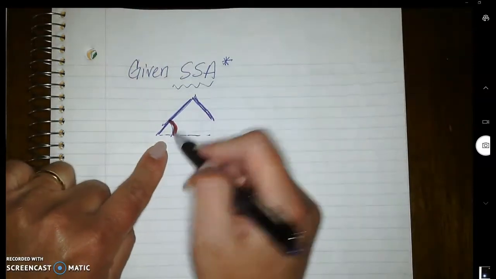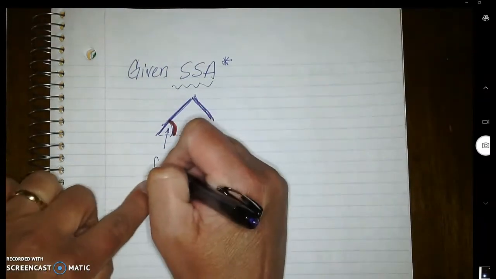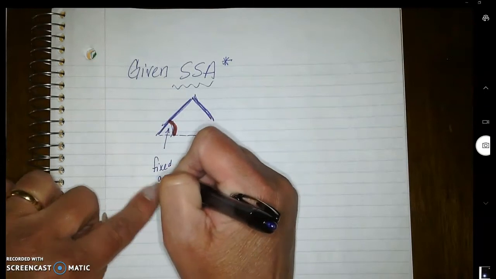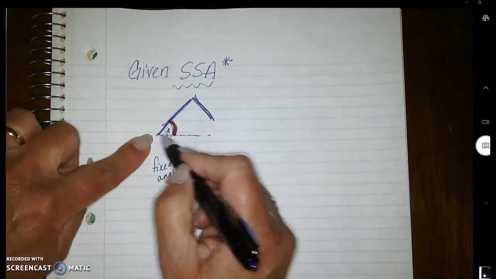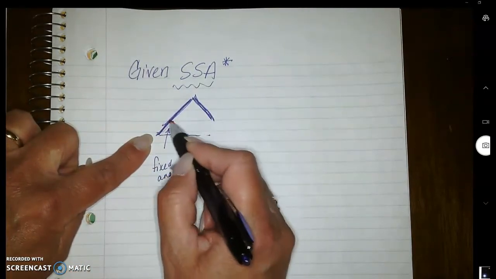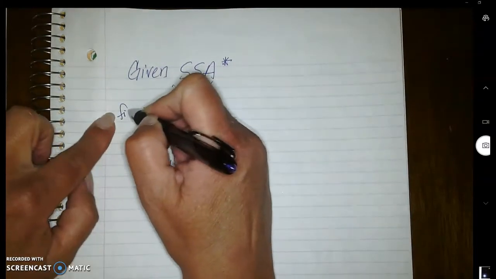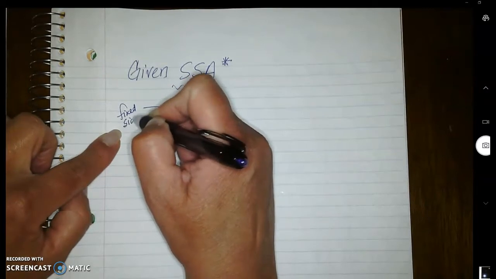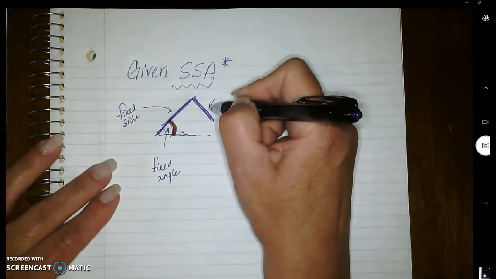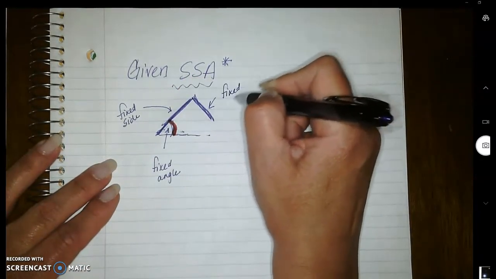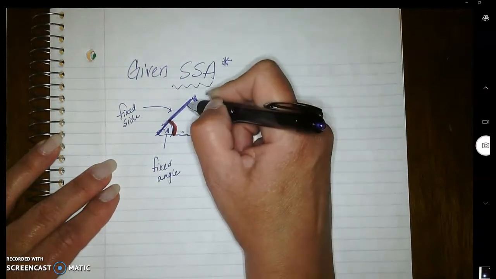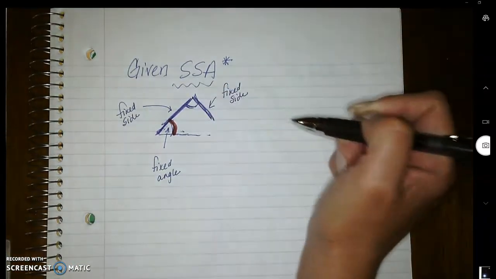And so you have a fixed angle. Okay, this is a fixed angle. There's a fixed opening right here. Okay, you have another fixed side that's next to it. And then you have another fixed side, but what's going to happen is that this angle in here is not